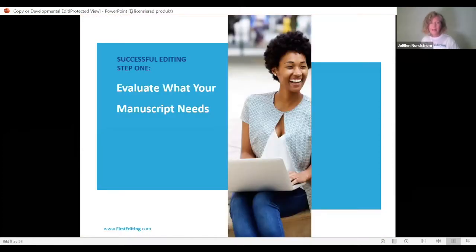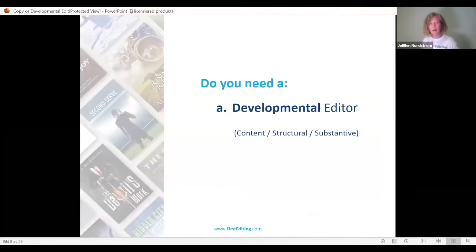So what is it that your manuscript needs and how do you determine that? Well, you're going to choose between the developmental editor, who's also known as the content, structural, or substantive editor. Content is used again overall in a broad manner. Structural and substantive are going to be more used with the academic, the research. It's making sure that everything goes together in a very complete and cohesive manner, and it makes sense, and that you're substantiating all your claims. And the developmental editor with the fiction writing is something that you're looking at. Did you fully fill out each of those scenes, the characters, the backstory,